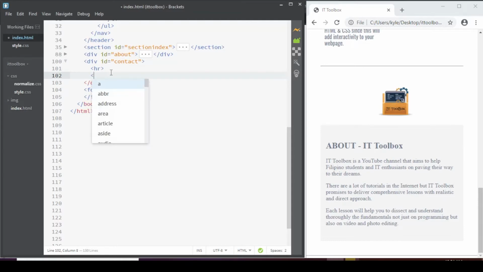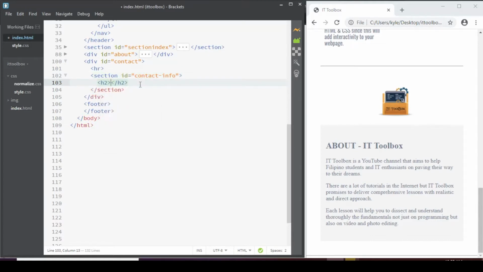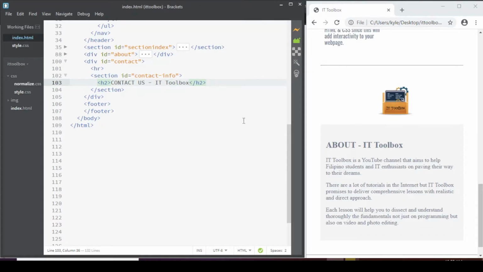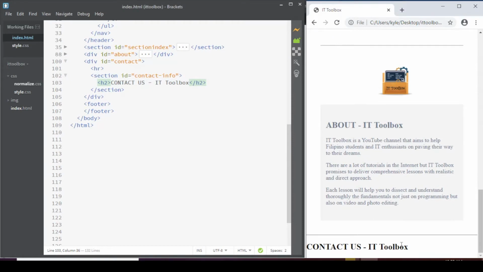So below the HR tag, you add a section tag with an ID of contact-info. Tapos sa loob ng tag na to, you add an H2 tag with the text of Contact Us - IT Toolbox. So when we save and preview, ito na yung text natin. So below this H2 tag,